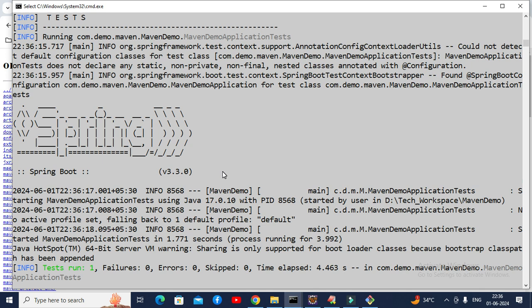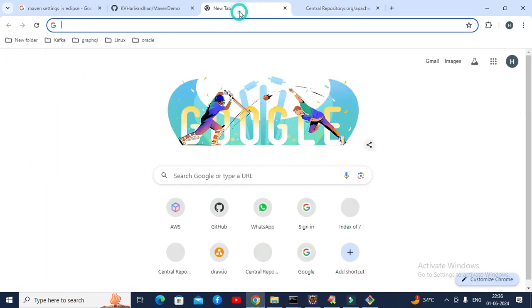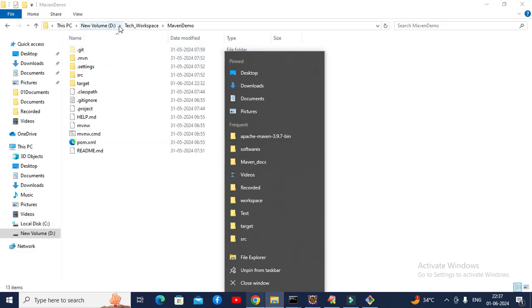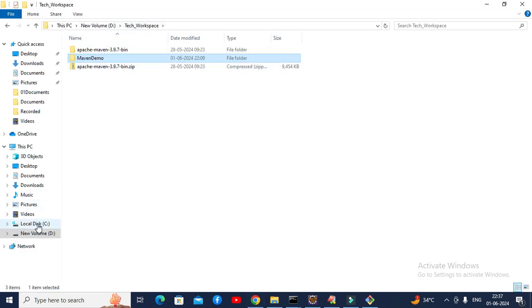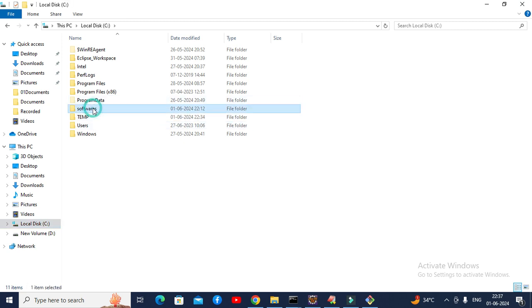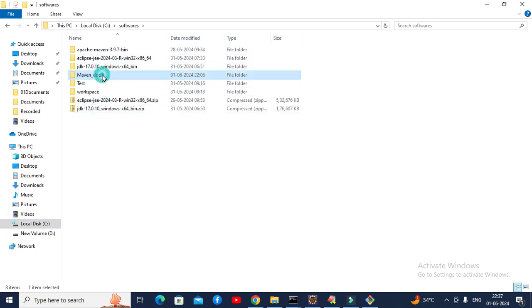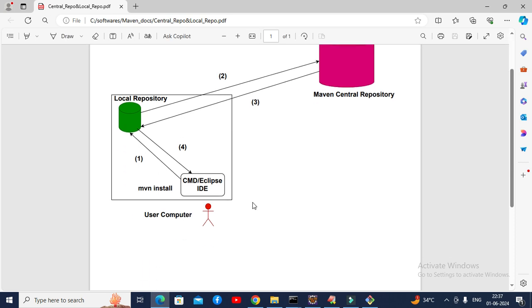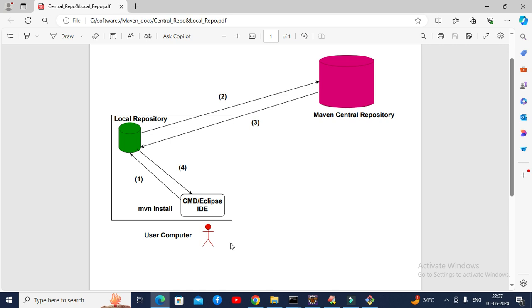the first time we use Maven and the install command, only at that time will it go to the Maven Central repository. For this, there is one document that should be available. Wait, I will explain that in the document. So it has opened here. You can see in the user computer, this is nothing but the developer. When our developer uses the mvn install command from the command prompt or Eclipse IDE, then the first request will go